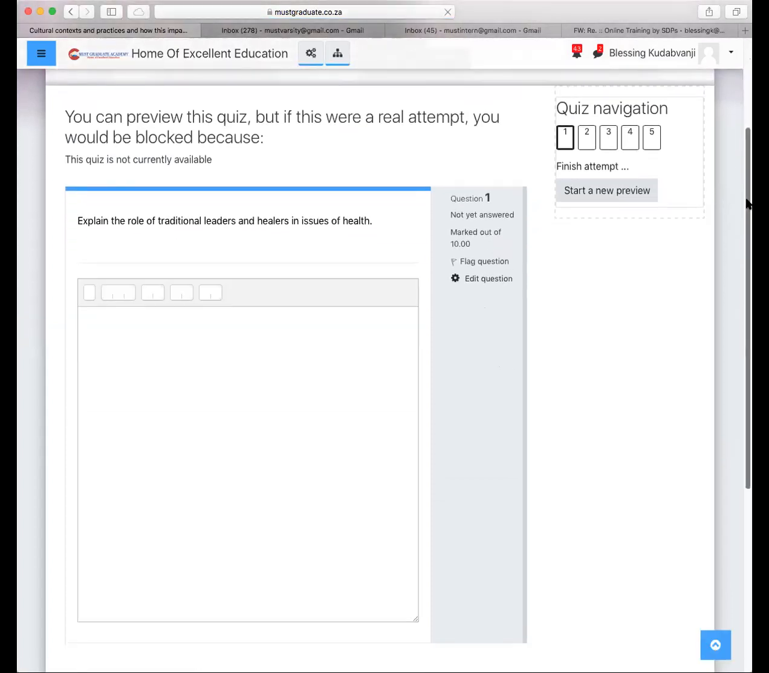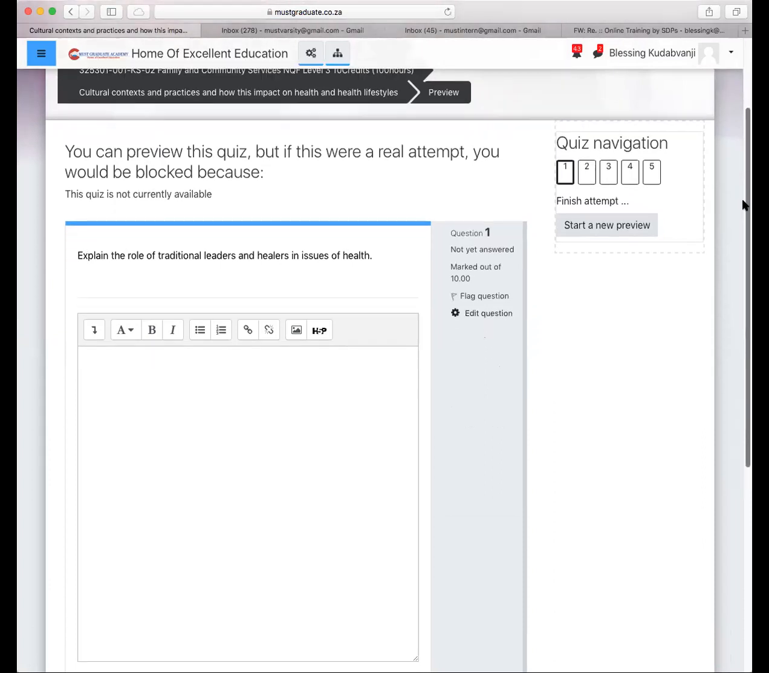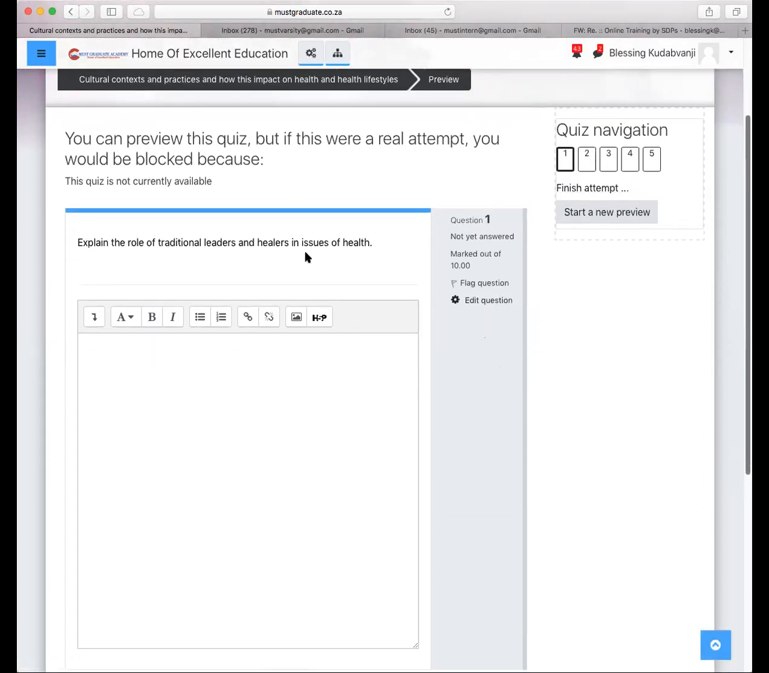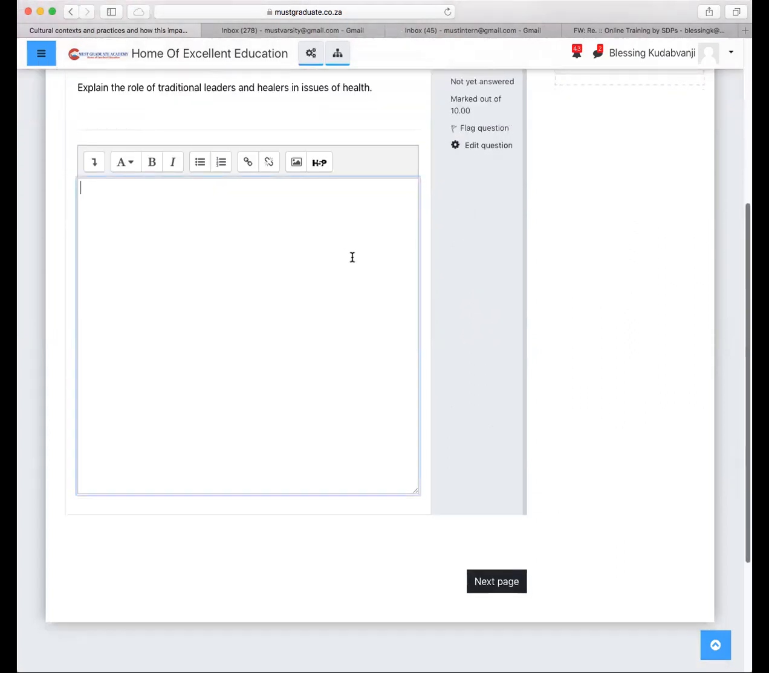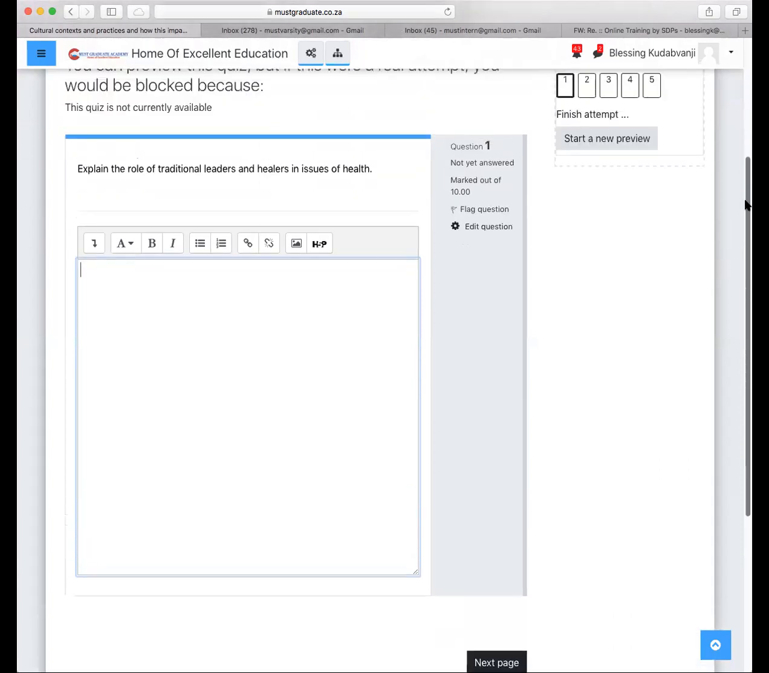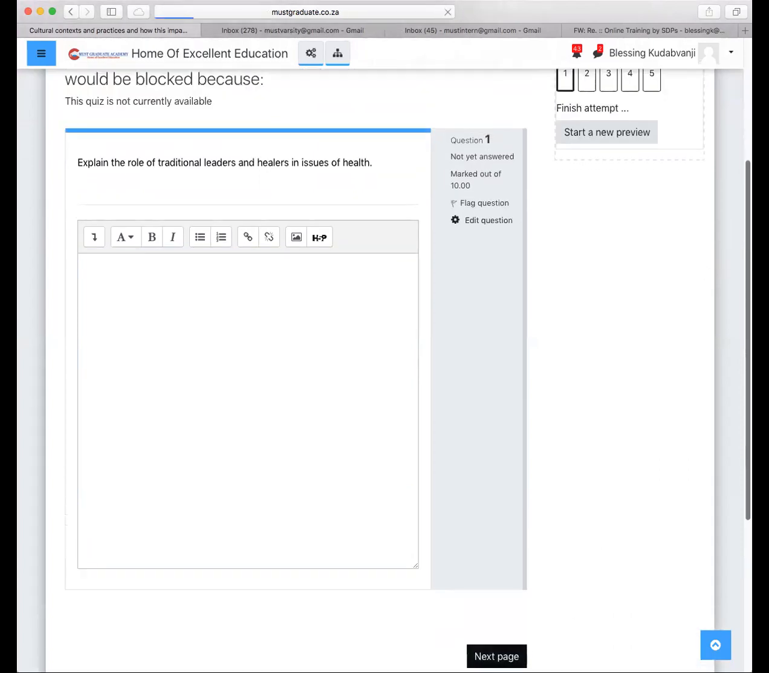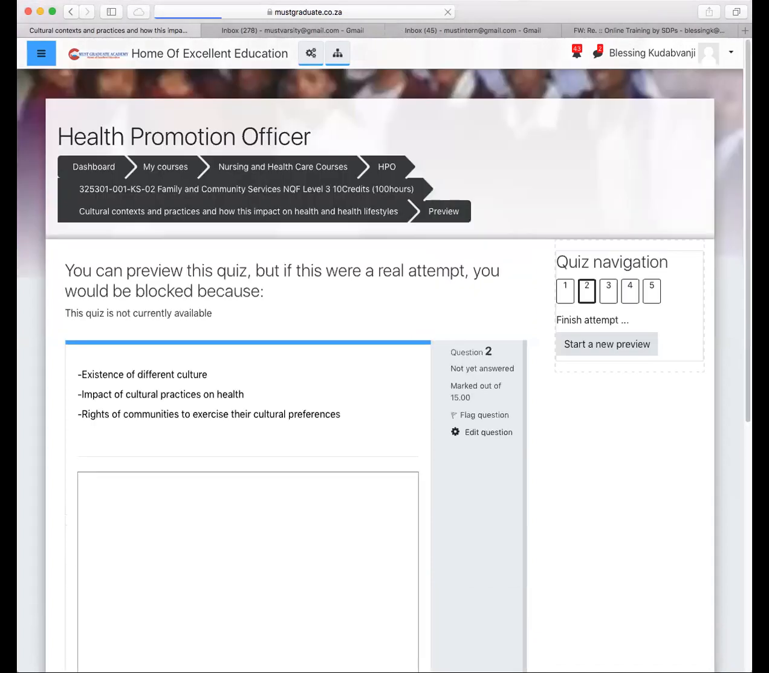So this is how it's going to look when a student is taking the quiz. So it will have the first question here, explain the role of a traditional leaders and healers in issues of health, right? So they'll be able to use the provided space to answer any questions that they might be provided, okay? And then the next thing, can go to the next page, question 2. They're able to do the same thing to explain